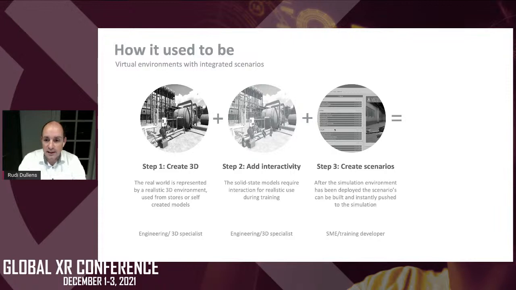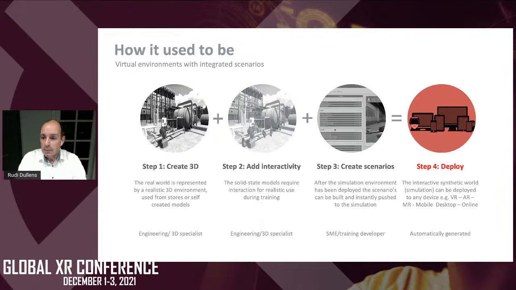And the next step then is, of course, you have to create training scenarios. And by doing that, basically you create relation between the training scenario and the interactivity. And this is basically creating flow for the trainee. And then we are going to deploy them. But by doing that, every time you want to change your scenarios, you need to deploy again. Unless, of course, within your application, you've created a scenario editing tool, which is feasible, but then every time you want to do something with it, it actually,